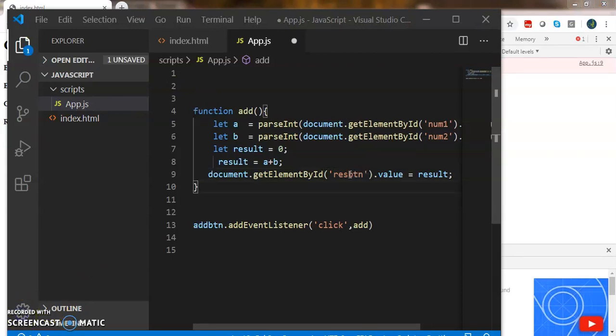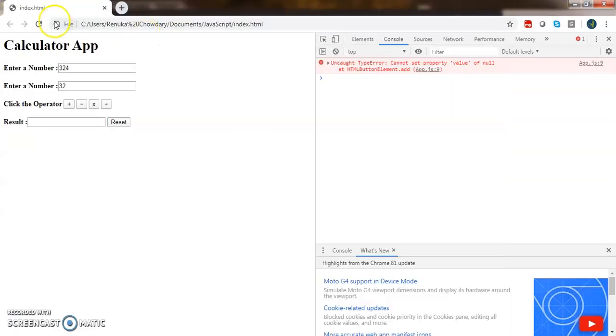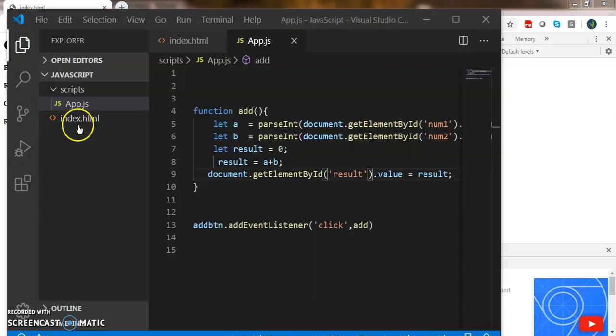The ID of the result box is result. So let's save this and run it. So you get the result here, in the result box.